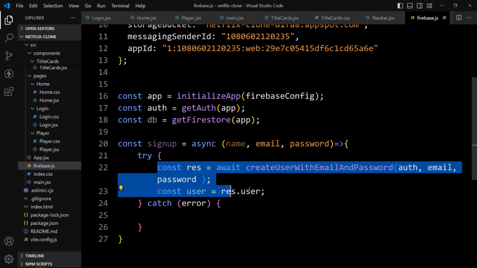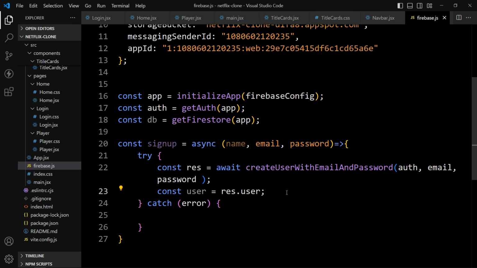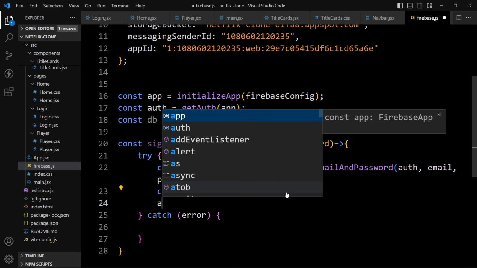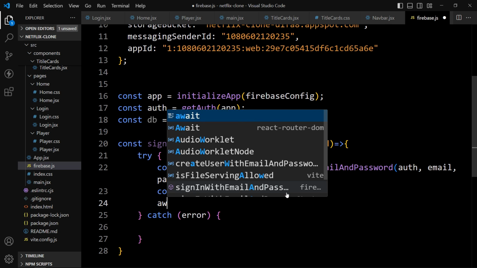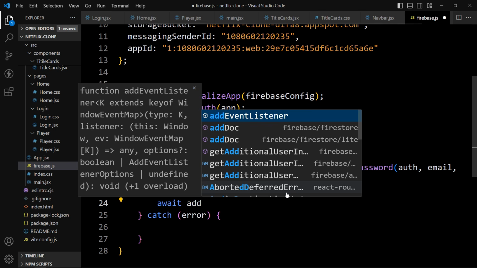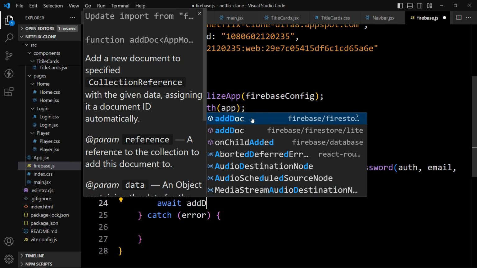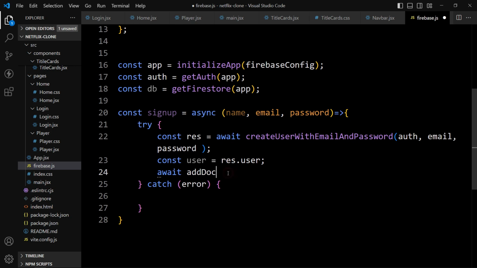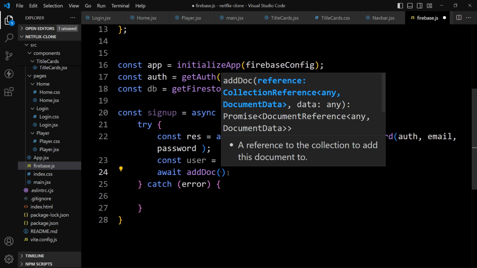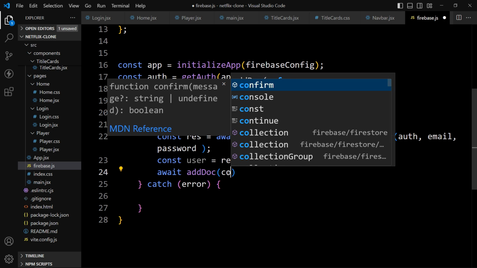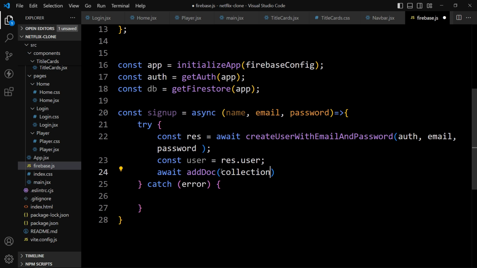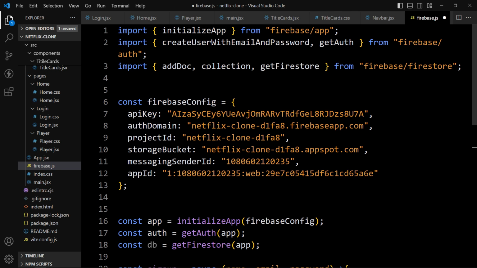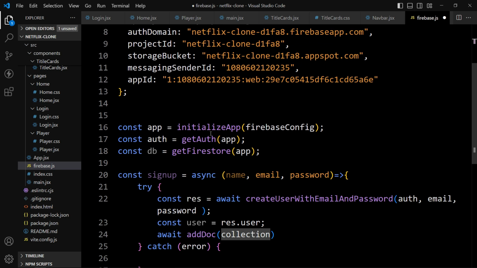Next we will store the user in the Firestore database. So for that we will use addDoc. So let's add await addDoc, select it. So you can see the addDoc has been imported from this Firestore. So in this addDoc we will add collection. We will create the collection. This collection has been imported from this Firestore.